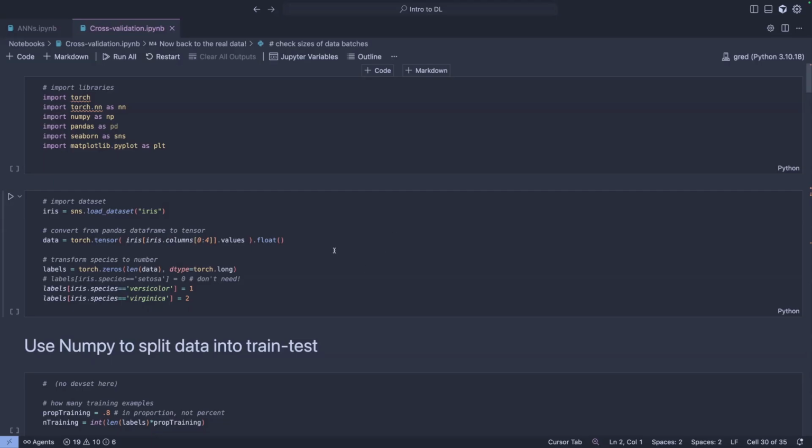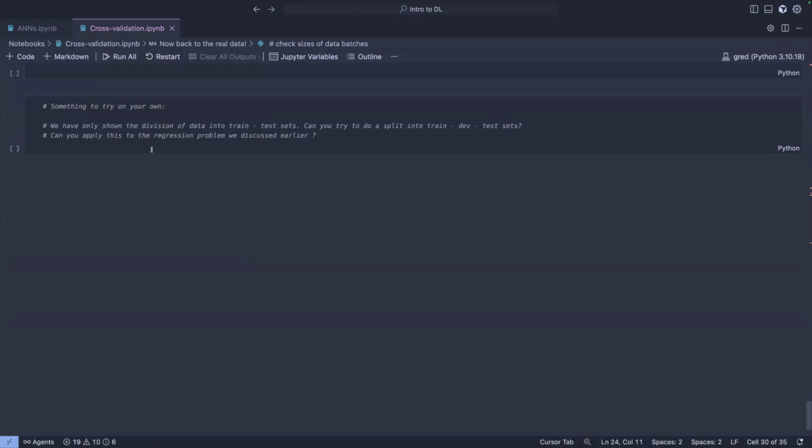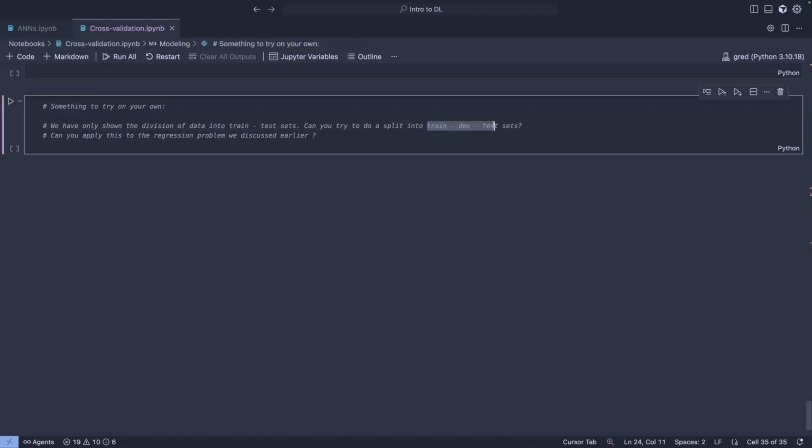But then I gave you a small assignment at the end. I said, try and split the data yourself, using the same methods and packages that we're going to describe, into train, dev, and test sets and see if you can get it to work this way. Then hopefully take the train, dev, test or just a train, test split and apply this to the regression problem we applied earlier.